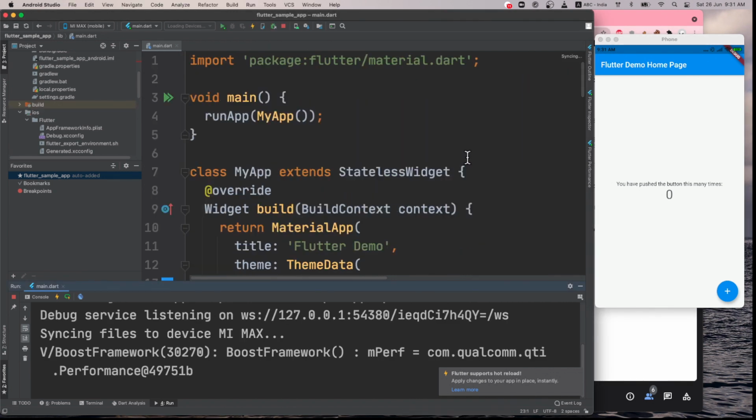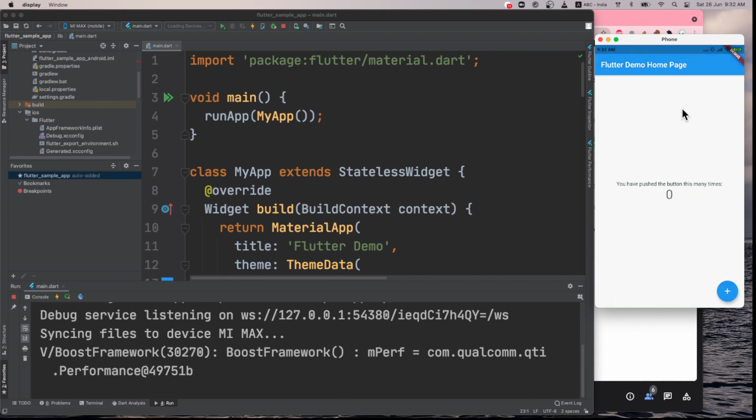So we run this application, and now you are seeing it on the right side. So what is the mobile app that it has given us? First thing you will notice, there is a debug banner written on the top. Flutter runs in two modes. One is debug, and the other one is release mode. In debug mode, it runs a little slow because every piece of code is open for debugging. In release mode, it will run very fast and your application size will be small. So that is the basic difference between debug and release mode in Flutter.